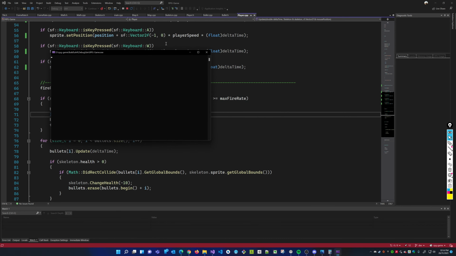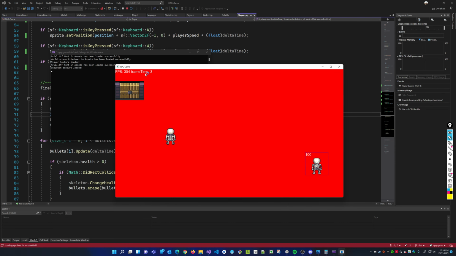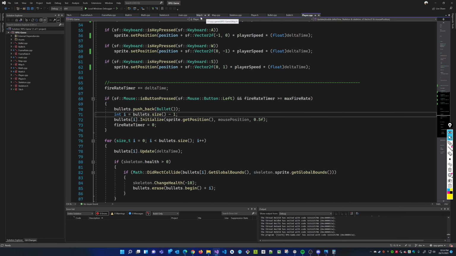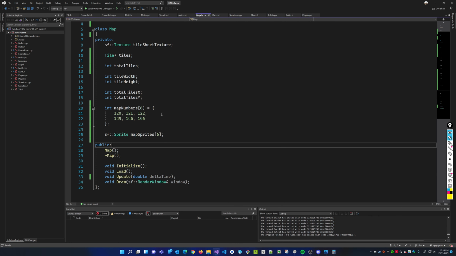All right, so there you go. Anyways, this is the game so far. We're rendering a map. We're shooting in a specific direction. It's good. There you go. We have all that. There was a lot of stuff that I covered today, right? I hope all this made sense. If it did not,